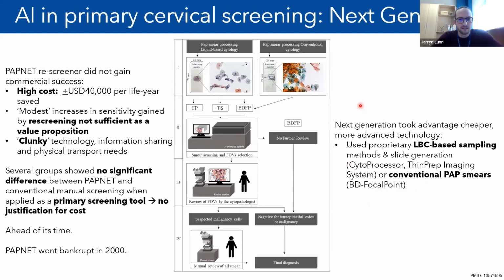These systems differed in that they were primarily screened by a computer, or by an AI system. If that automated system thought that no further review was needed, many of these systems would allow those cases to be signed out. Suspicious areas, though, in cases where there were areas of interest, would have to be reviewed by the cytopathologist or pathologist, and many of these then would have to have a full slide review, and this is different based on different